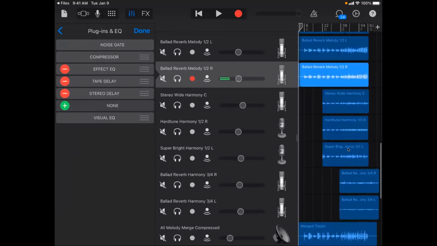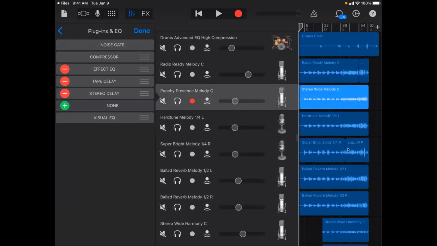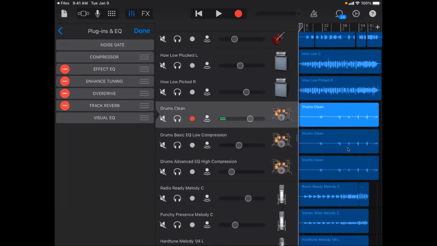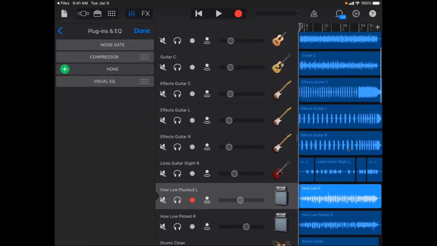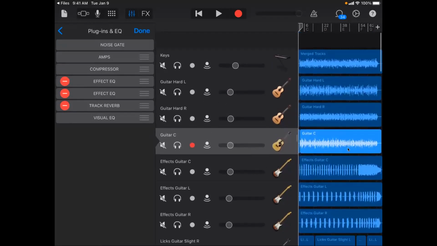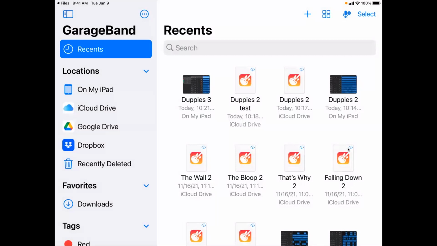Now you'll find that all of the stock plugins from iOS are not a problem transferring over to macOS. Only when you start using third-party plugins will you get a problem. All right, cool. So that's good. So now what I'm going to do is I'm going to go ahead and save this. All right, so those plugins are gone. Duppies 3 should now transfer over perfectly fine. All right, so we're going to go ahead and go back to our